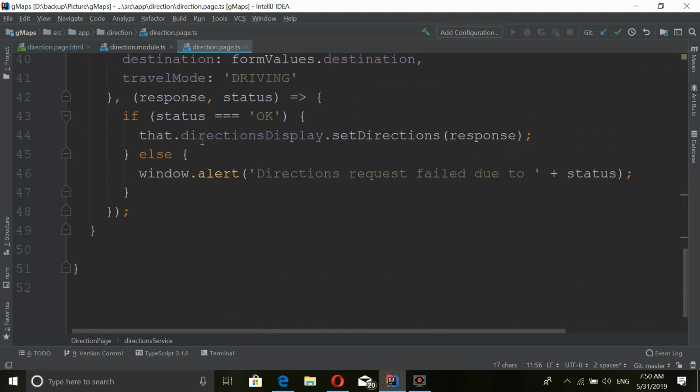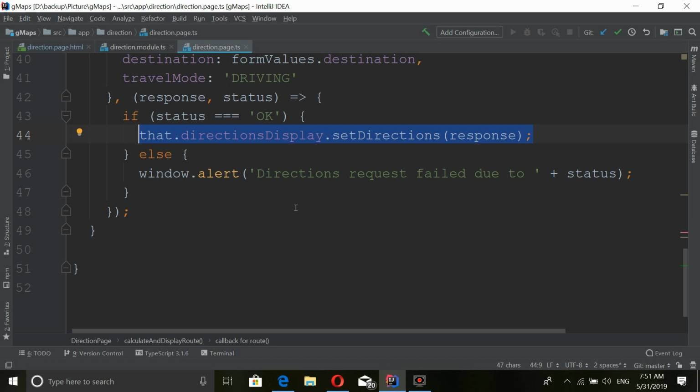Next I want to display the direction with setDirections. Then just pass the response into the setDirections method. This is the simple thing. It does the rest of the work, you don't need to do anything. It will draw the route into your application and render everything.